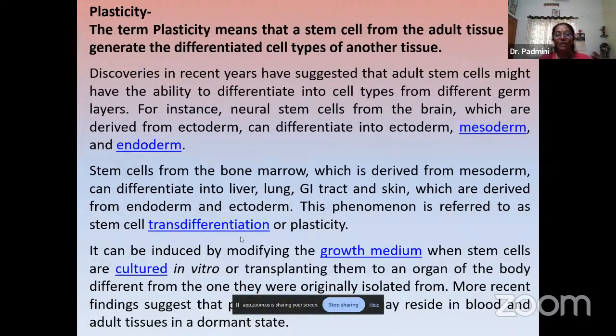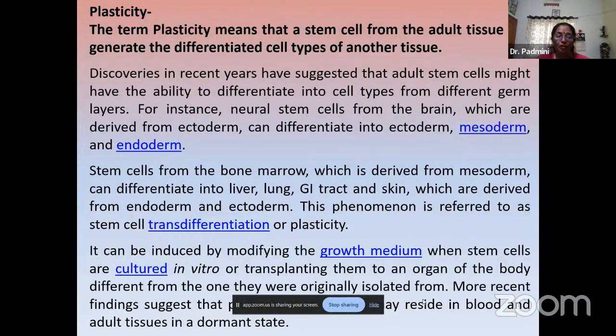That is, one germ layer forming into another, different types of organs from different types of germ layer, is called plasticity. It can be induced by modifying the growth medium. For everything, you have to remember that it needs a growth medium. That particular medium that you need them to grow into is called growth medium, when stem cells are cultured in vitro or transplanted to an organ of the body different from the one they were